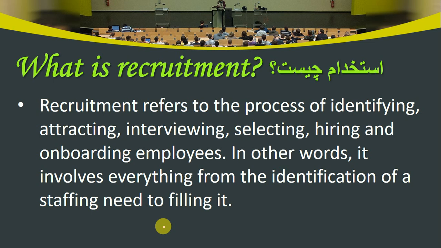So what is recruitment? In human resources management, recruitment is the process of finding and hiring the best and most qualified candidate for a job opening in a timely, cost-effective manner. It can also be defined as the process of searching for prospective employees and stimulating and encouraging them to apply for jobs in the organization. It is a whole life cycle that begins with the identification of the needs of the company with respect to the job and ends with the introduction of the employees to the organization.